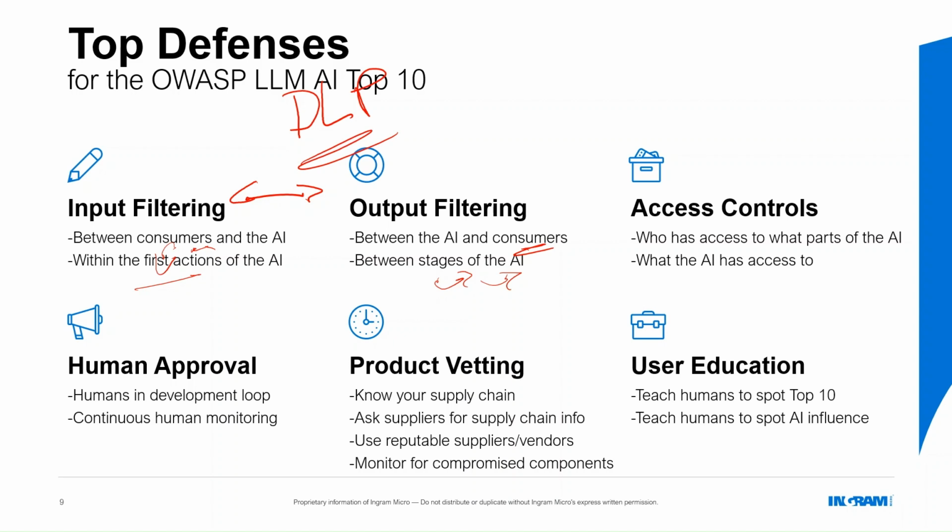Next is access controls. Access controls is two-part. Number one, it's the consumers again. It's who has access to what parts of the AI. But secondly, it's also what does the AI have access to. So most AIs are going to have access to databases and repositories of knowledge from which to generate their answers, training data that they've worked on, that kind of thing. When we talked about the idea that they're consuming information they shouldn't consume through excessive agency or making changes, things like that, access controls are what would stop that.